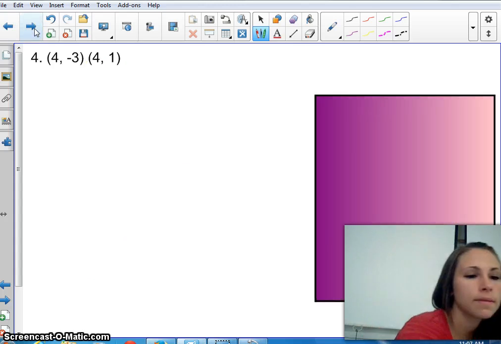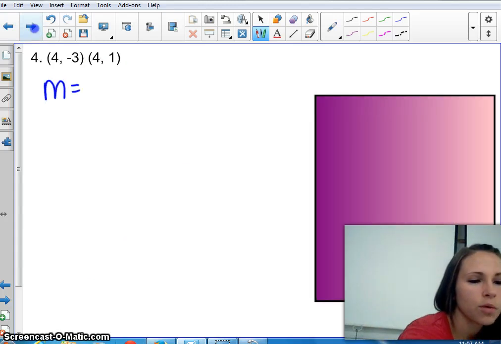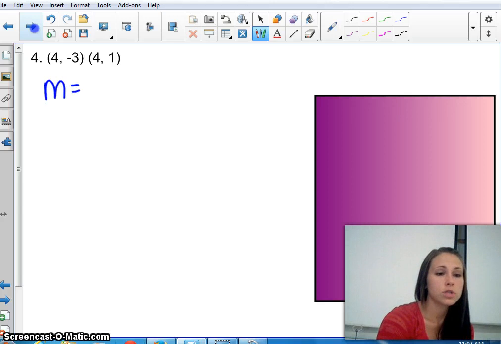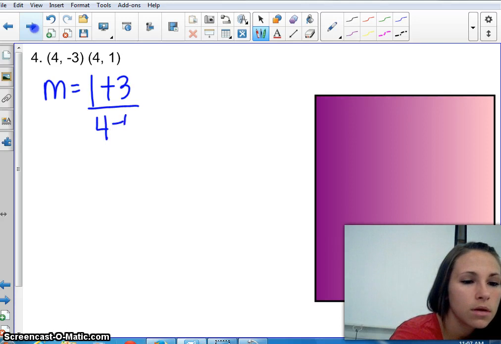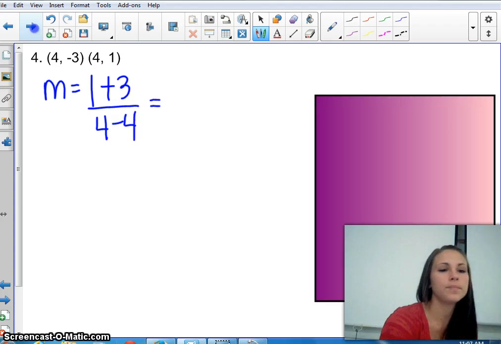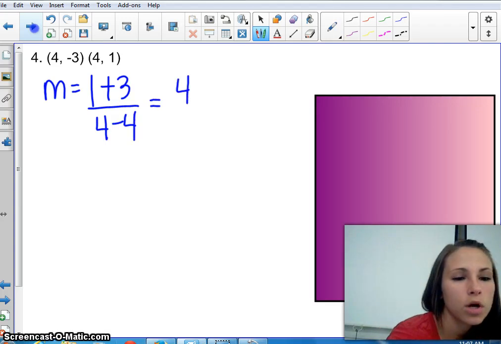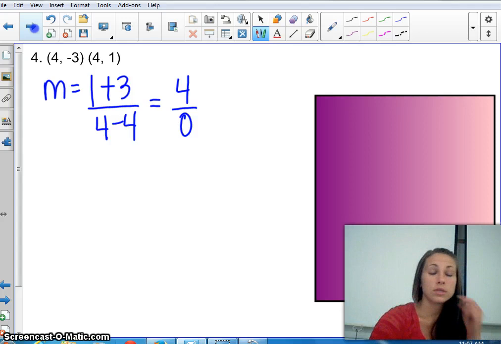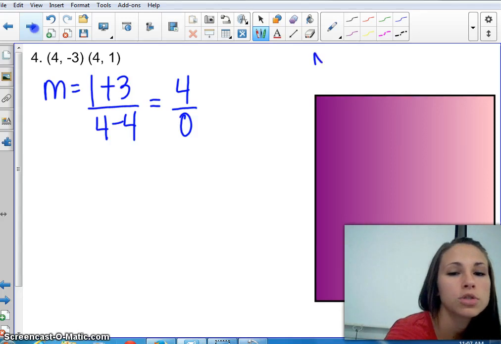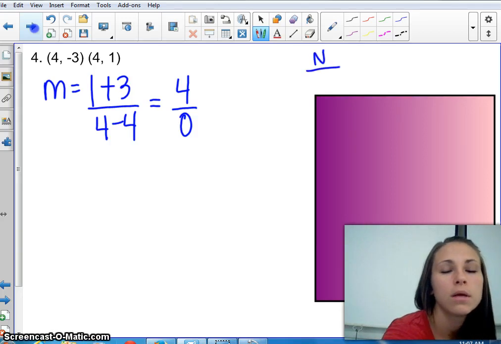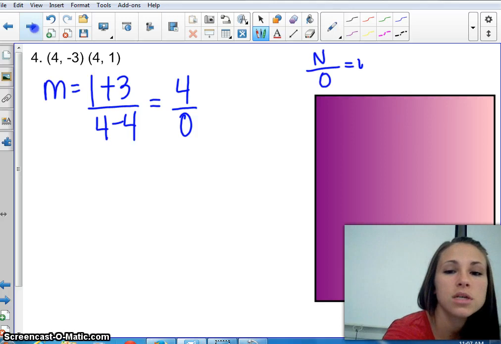Alright, last one before we get to some other examples. So the slope of this one, I'm going to do y2 minus y1, 1 minus a negative 3 becomes plus, 4 minus 4 in the bottom. That's going to end up being 4 over 0, and so this is how I think of this. If I have a number over 0, I'm just going to call it n, a number. So n over 0 is undefined,